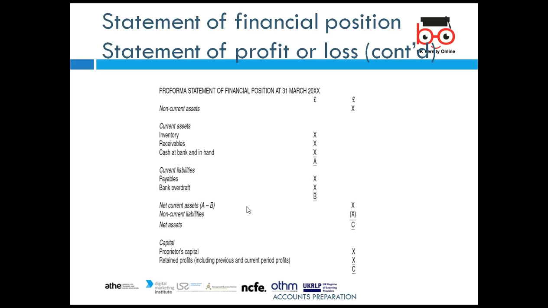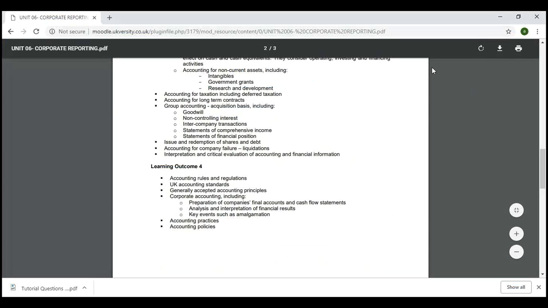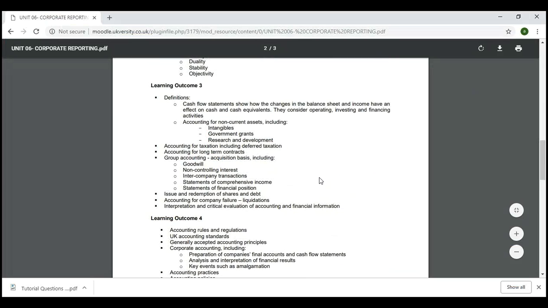So these are all what we're supposed to address in our learning outcome 3. Our discussion is supposed to be related to our learning outcomes 3 and 4. We'll do a bit of a recap, and then we'll go back to what we're actually supposed to learn under 3 and 4. So we'll recap a bit, then we'll move on. Okay, so are there any keywords left under learning outcome 3?